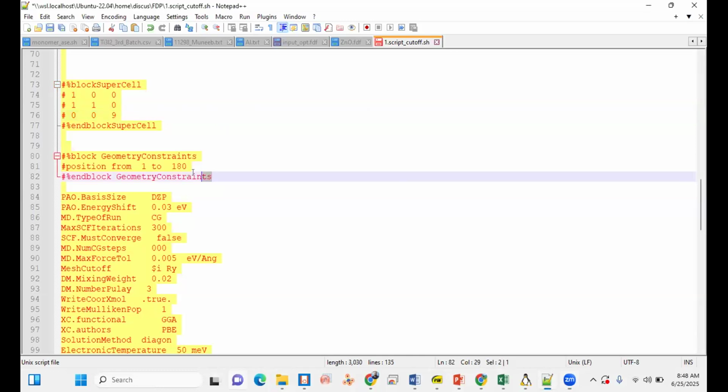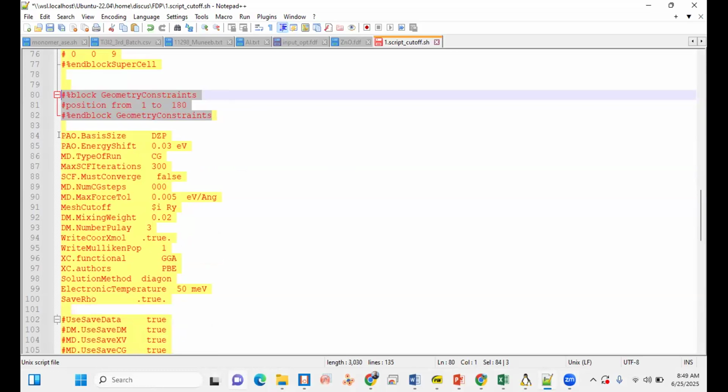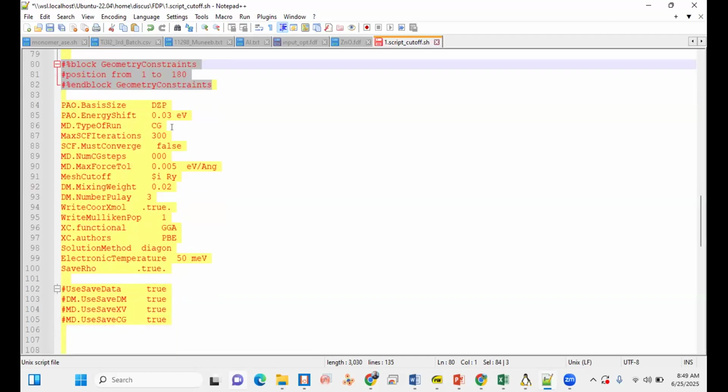So this is the geometry constraint block where you constrain some of the atoms while allowing some of the atoms to move. This is basically what we call the DFT part, where you tell DFT to consider double zeta polarized with an energy shift of 0.03 electron volt, with the type of run being conjugate gradient.